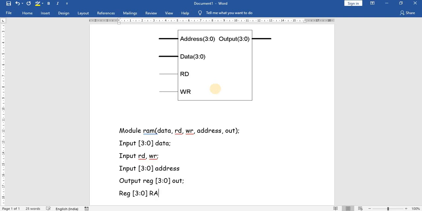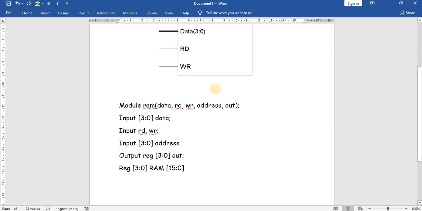So here we are declaring a RAM as a variable. For the variable we are declaring as an array where 15 down to 0, that means 16 places. Each place or each space will have 4 bits of data that can be stored. That's why we have declared this as an array.